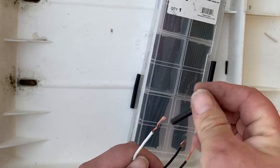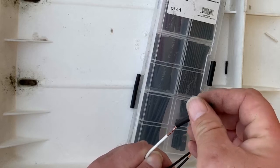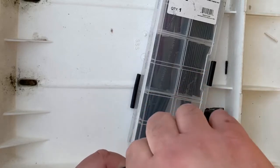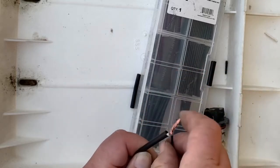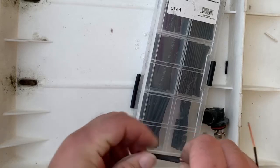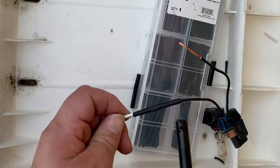You can use electrical tape to tape up the wires, but the best thing recommended would be some heat shrink, so the water doesn't get in and contaminate your wires, which electrical tape really isn't all that waterproof. Slide some heat shrink that's about the appropriate size for your wire. Slide it down before twisting the wires together, and then run it back over the area that you've just covered